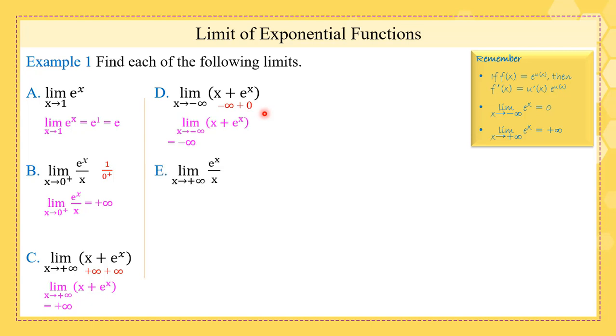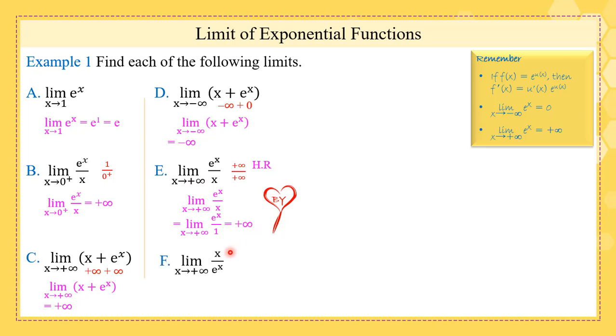Part E, the limit of such a function at plus infinity. If we substitute, we get plus infinity over plus infinity, so we apply L'Hopital's rule. We derive the numerator alone and the denominator alone. The derivative of e^x is e^x itself, and the derivative of x is 1, and after substitution we get plus infinity. Now, in fact, this one could be memorized by heart. The limit of e^x over x as x tends to plus infinity is plus infinity.